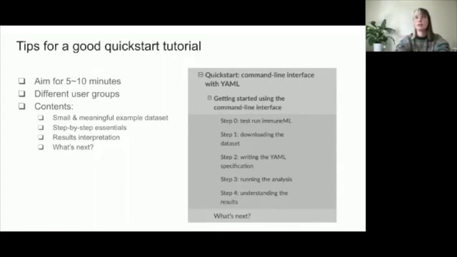And if you notice that you're trying to pack too much into it, or that it's too much detail and the tutorial ends up being too long, just separate that into a different tutorial and link to that instead from the Quick Start tutorial. So really just have the bare minimum essentials and have links to the more detailed tutorials in addition. And it's also important to not forget to give some kind of interpretation of the results that are produced,